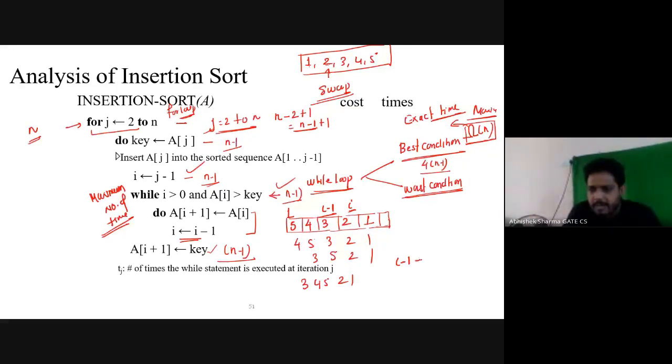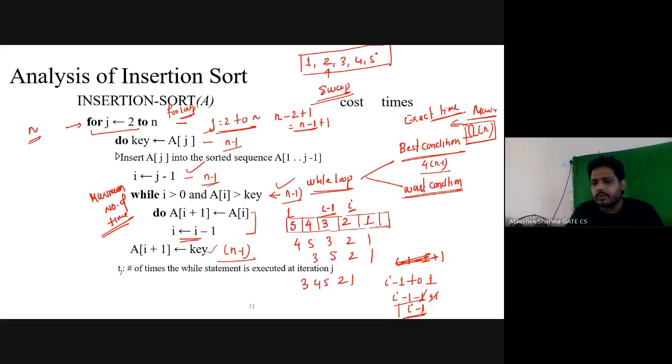Upper bound minus lower bound plus 1, so I minus 1 minus 1 plus 1 gets cancelled out, and it becomes I minus 1.